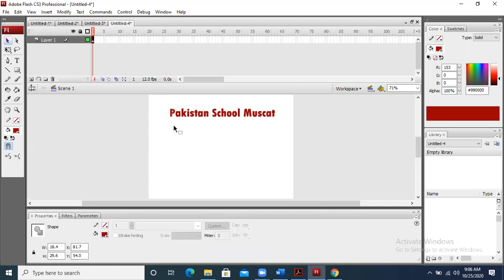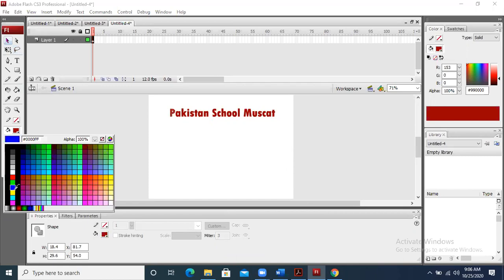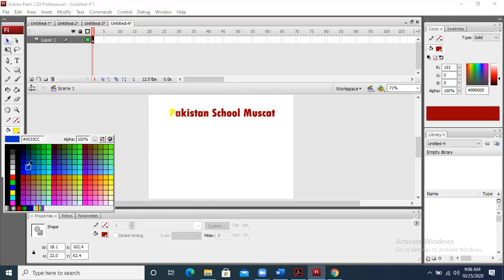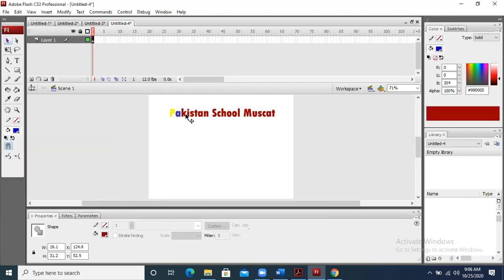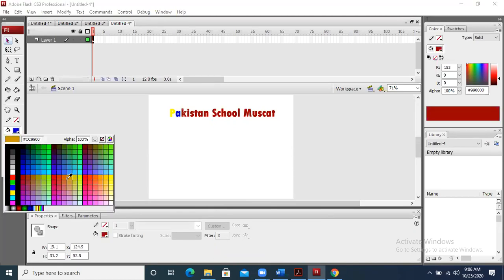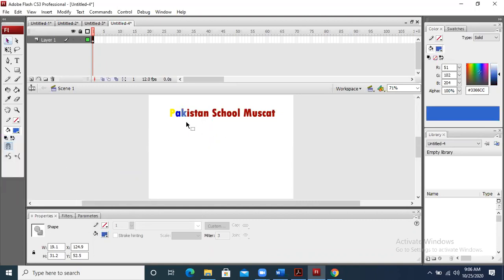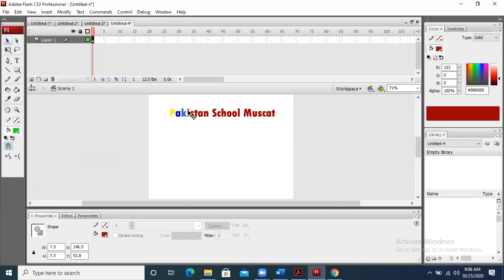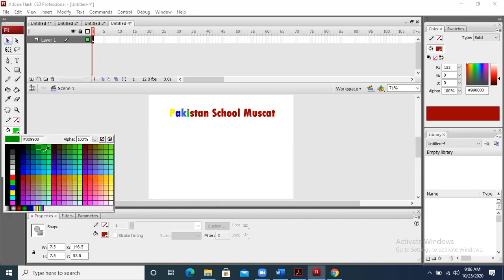Now if I click on it, what can I do? I can make different changes in it. Let's suppose I want to apply some different color on it, I can. Because all the objects which are there now are basically different objects.